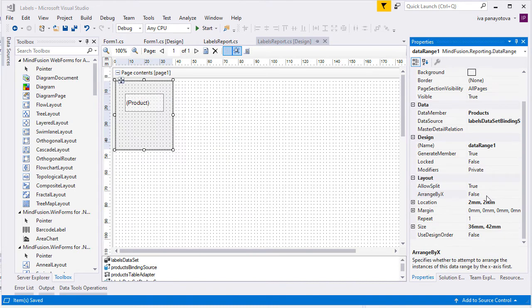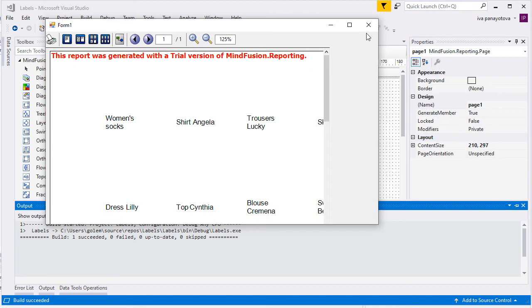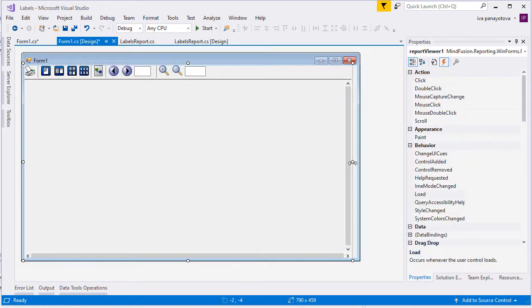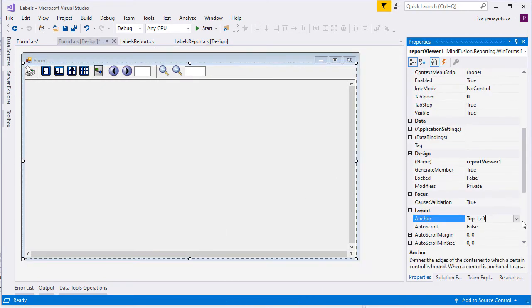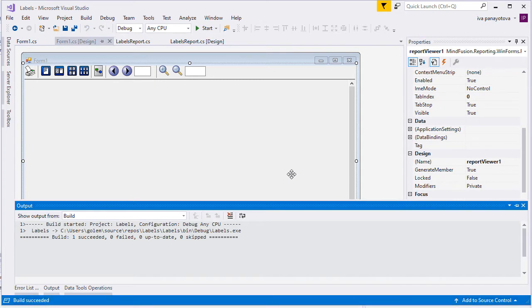The first thing to fix is to make the labels repeat themselves on each row, given there is enough space. We use arrange by X and set it to true. We will also anchor the report viewer component to the four sides of the form, which will make it resize with it.